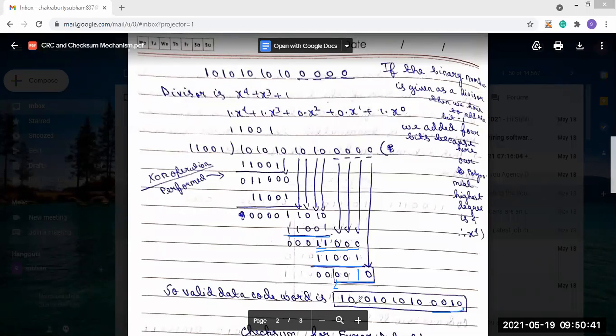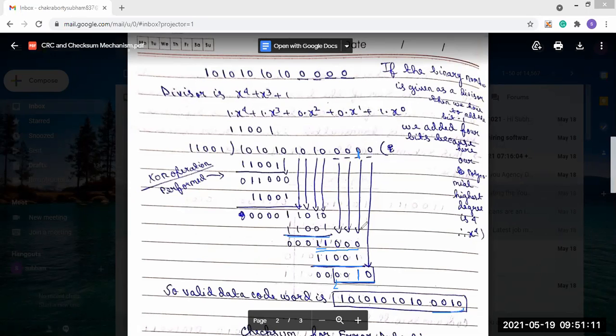In the receiver side, the same operations will be performed. The same XOR operation performed on the sender side will be performed on the receiver side also. Then on the receiver side, you can see that in this case 1 0 is replaced. So what will we get? We'll get all zeros, because here it is 1 0 on the receiver side.